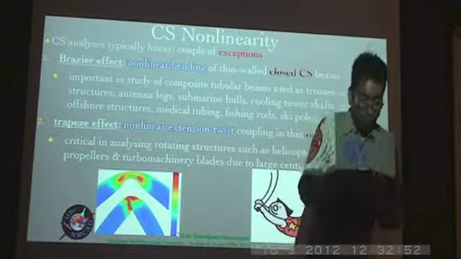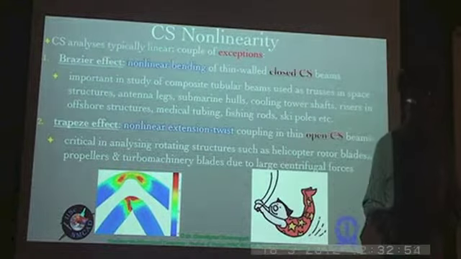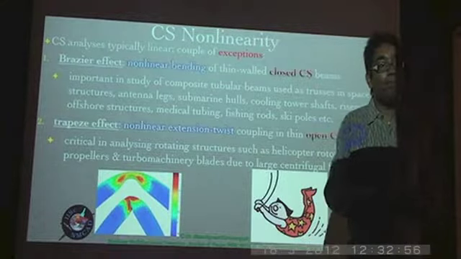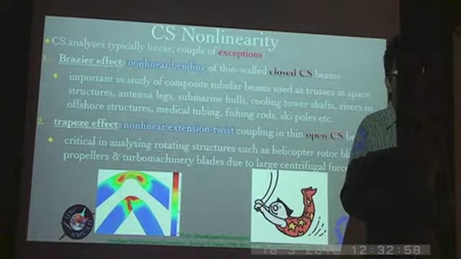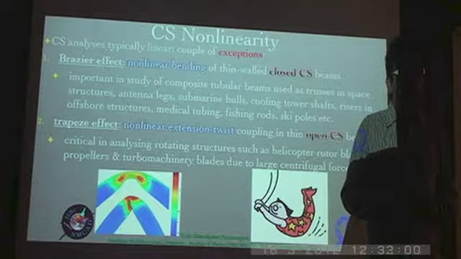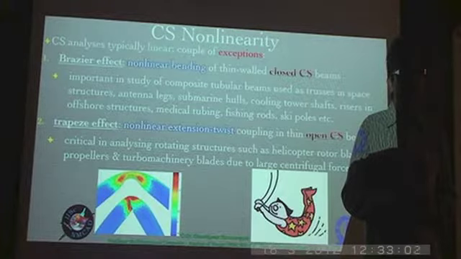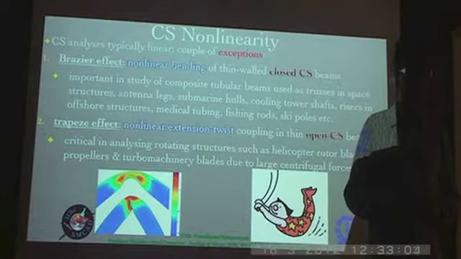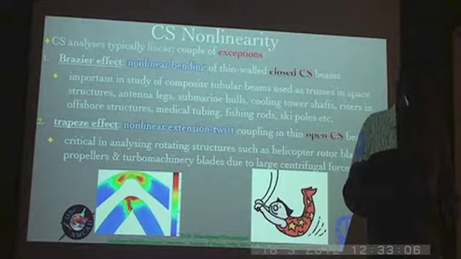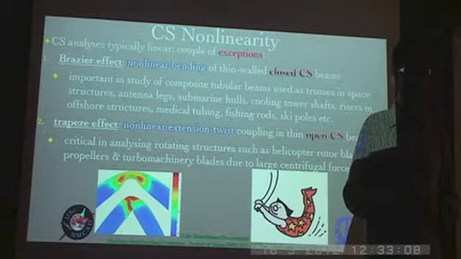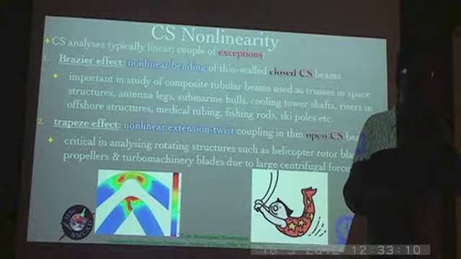Okay. So in the sense, this Brazier effect is predominant only for closed cross sections. This Brazier effect is much more predominant than trapeze effect. That's correct. And similarly, in open cross section, trapeze effect is much more than Brazier. Precisely. This is for separate cases. In case we consider a wing,